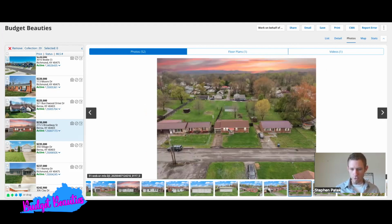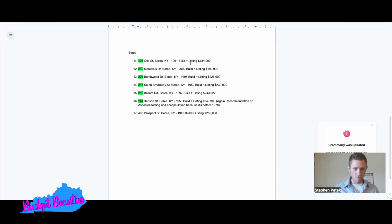I like it. I like the shed in the back. I like a little bit of space. I like the layout. So yeah, I dig it. I would buy this house. Moving on to